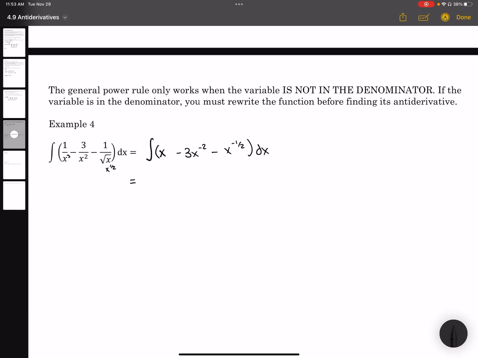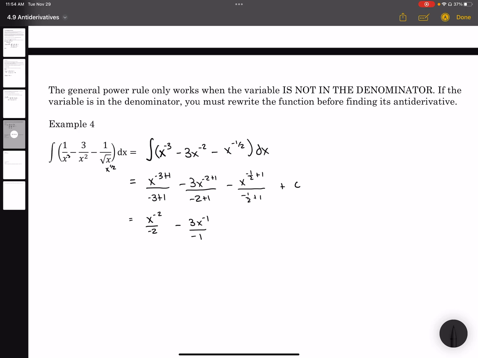My apologies. So make that x to the negative 3. So what we're going to get is x to the negative 3 plus 1 divided by negative 3 plus 1, minus 3x to the negative 2 plus 1 divided by negative 2 plus 1, minus x to the negative 1/2 plus 1 divided by negative 1/2 plus 1, plus some constant. So that's going to be x to the negative 2 divided by negative 2, minus 3x to the negative 1